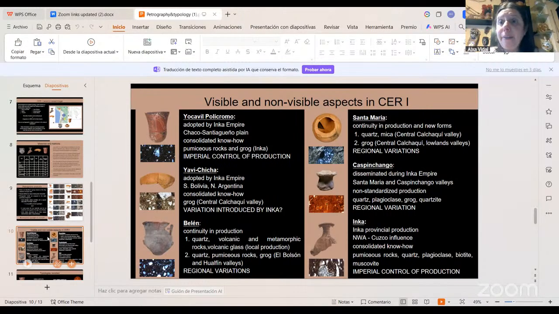It's shown in their forms, in their styles, but also in the compositions. But if we go further into the compositions, we can see the differences that we have in capital letters here in every one of these different styles, right? For example, we have pottery that's related to the imperial control of production, but others where regional variations are allowed. In other cases, the variations could be introduced by the Inca,